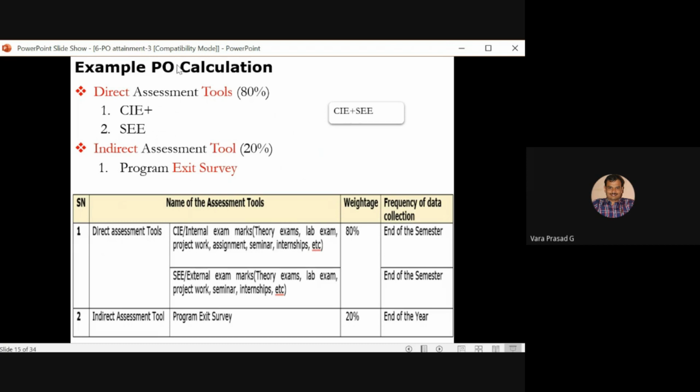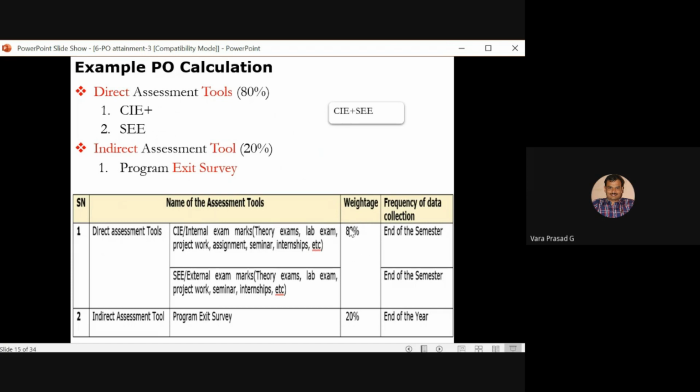Whenever I calculate the PO attainment value with respect to my subject, I will submit it to the department. Once I submit it, the program coordinator or HOD will take the PO attainment values from the various faculty members, and then give 80% weightage only.